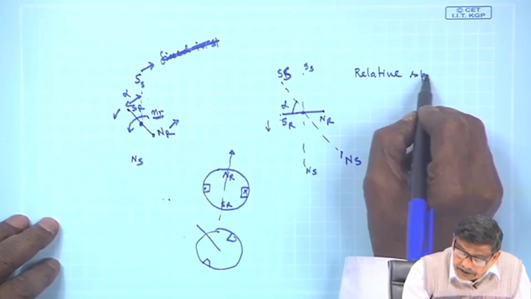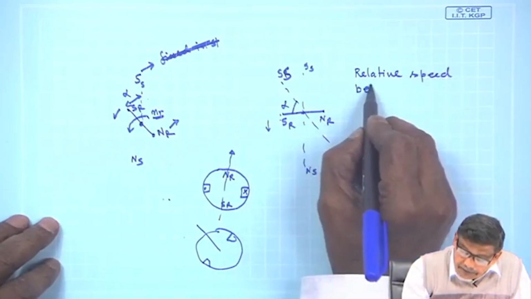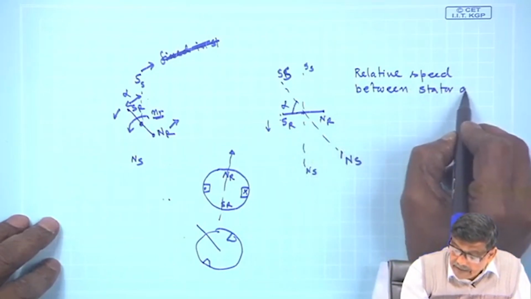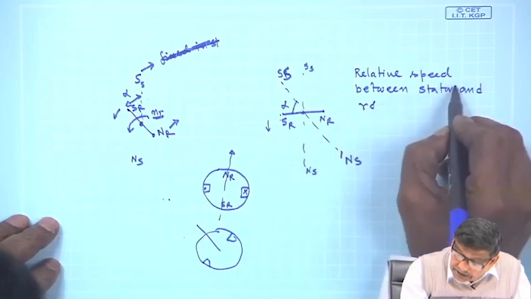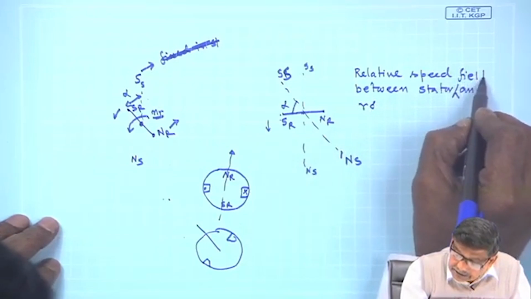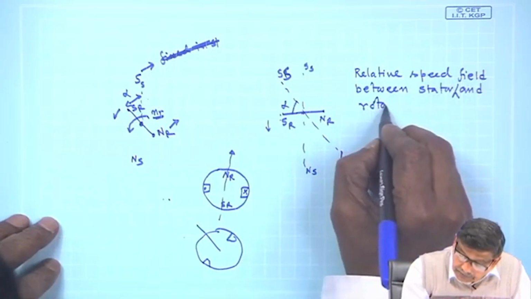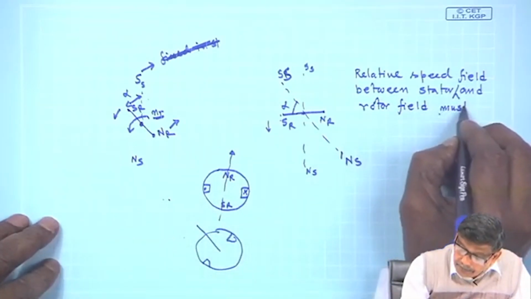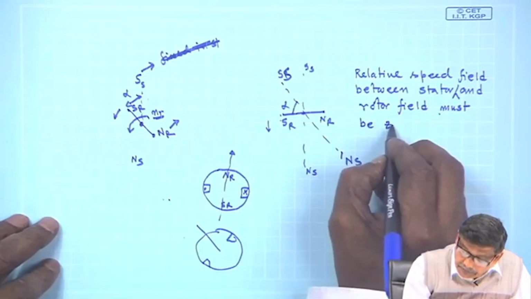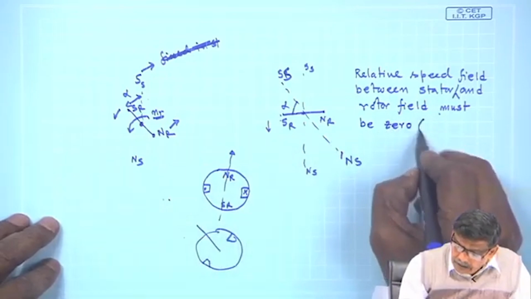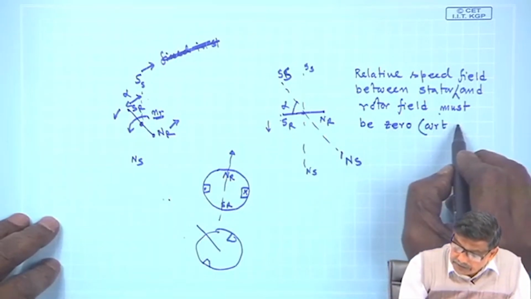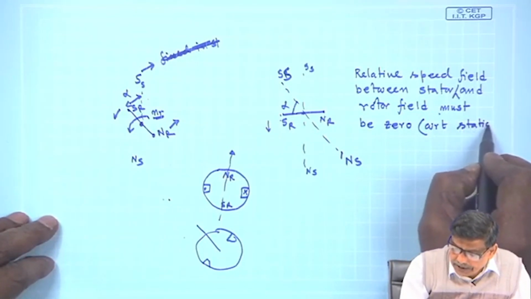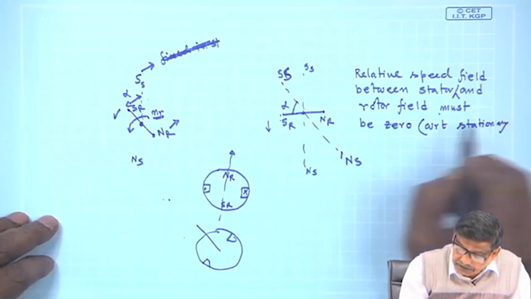You write down the relative speed between the stator and rotor fields, between stator field and rotor field, must be 0 with respect to some observer, say a stationary observer. It could be any observer, with respect to a stationary observer,